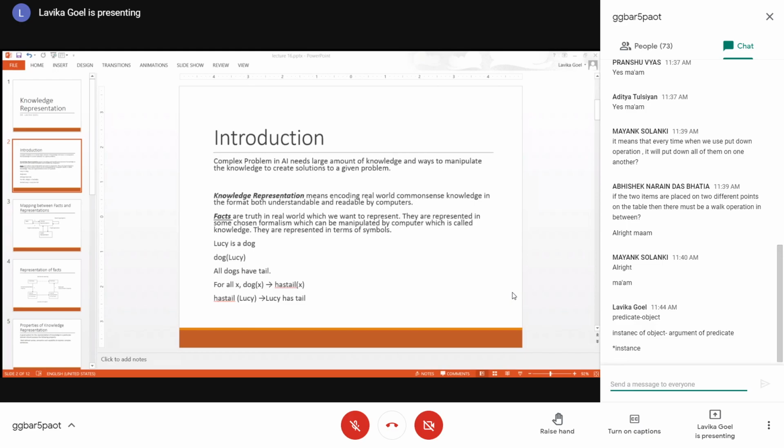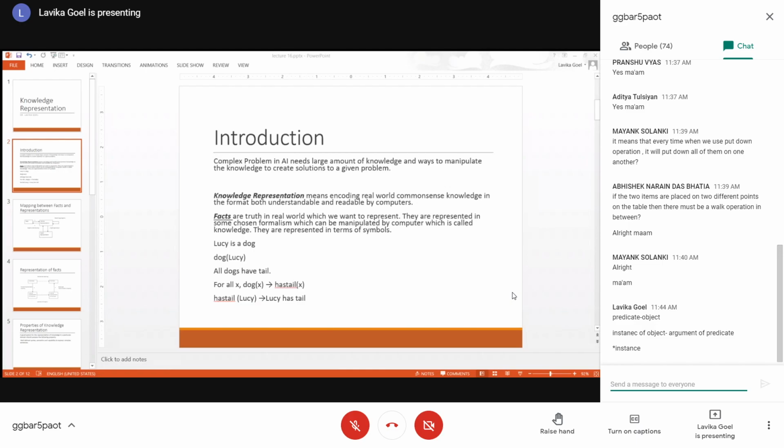So your object becomes your predicate. That means your object is dog. Predicate means whatever is coming outside the bracket. The instance of the object means an example of the object, so Lucy is an example of dog. That instance comes in brackets.